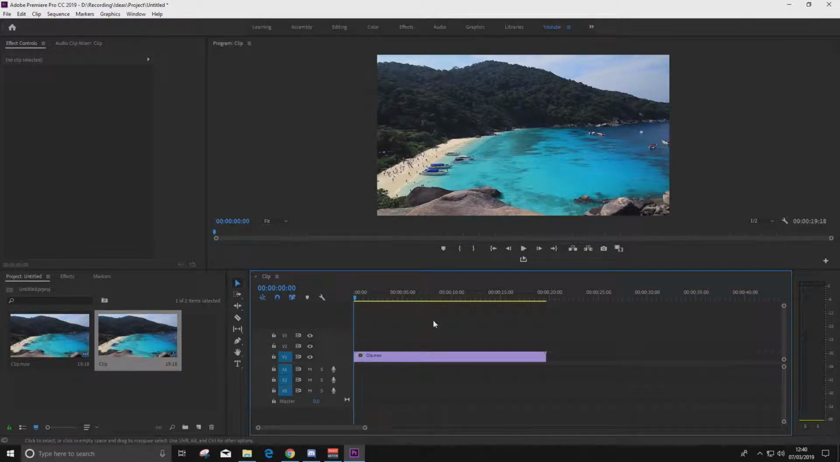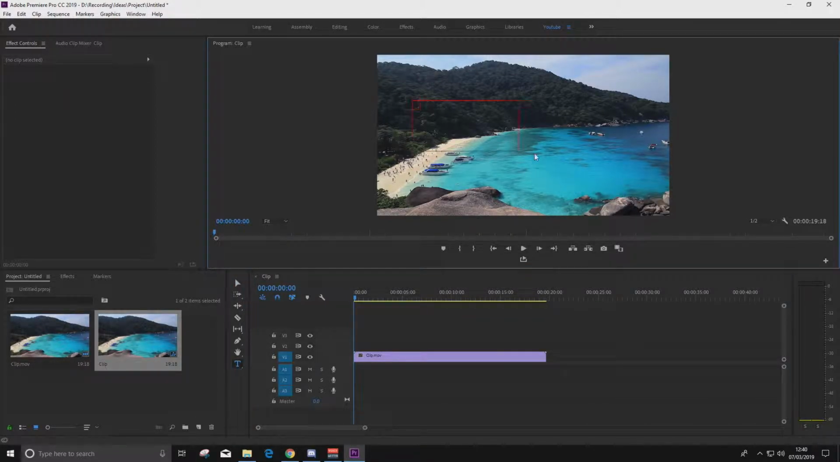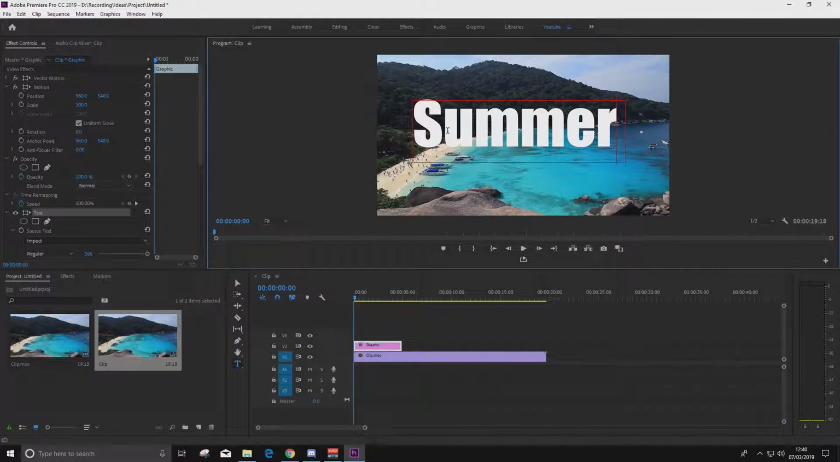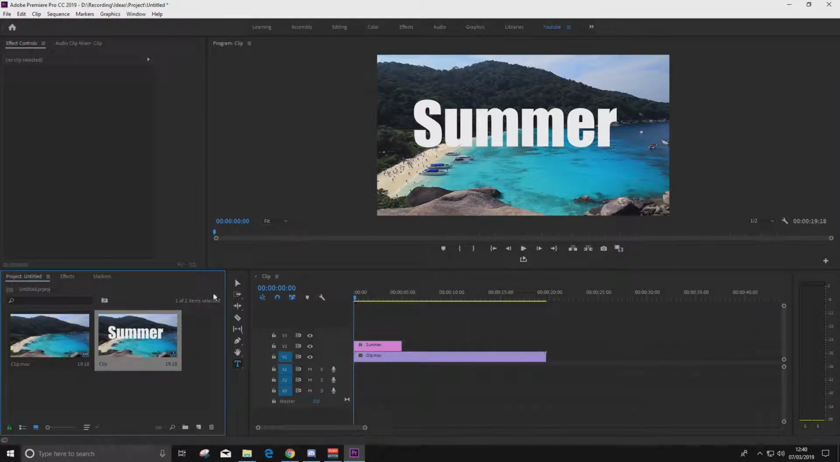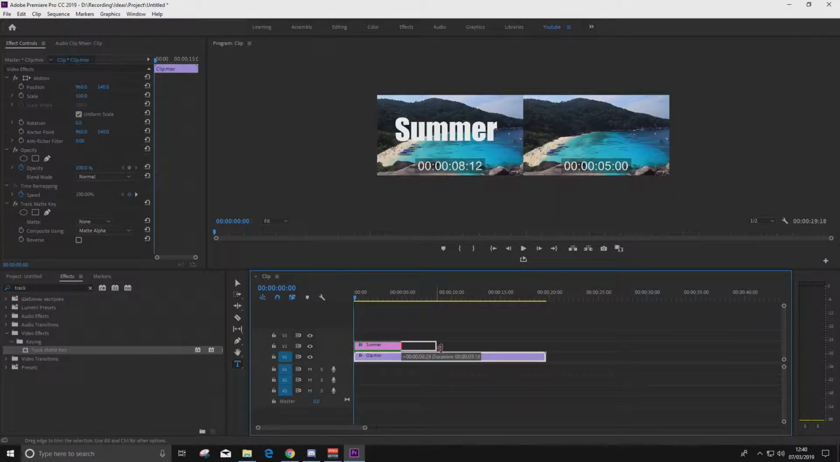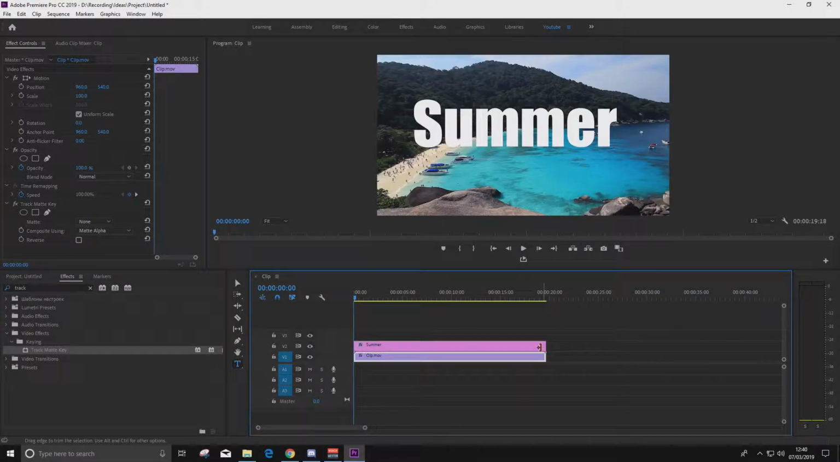So what we have to do then is press T, drag on here, and we can write summer. Now my font is actually Impact, which is just perfect for this. So what we have to do then is go to Effects, type Track, then you have Track Matte Key. Drag the Track Matte Key onto the video clip, make your text the same length as the video, then go to Effect